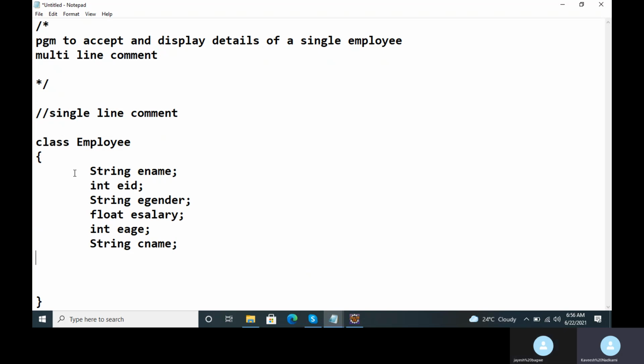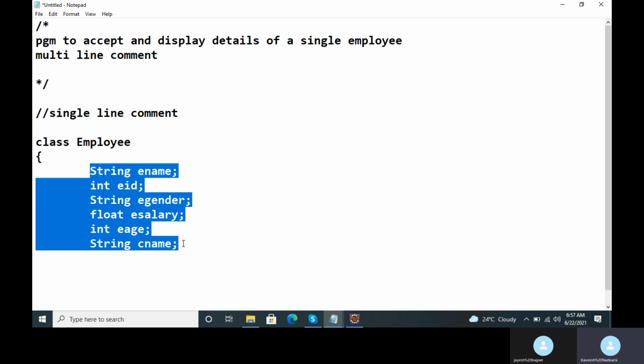I also told you what are the data members of the class, and what are the member functions or the member methods of the class. So whatever variables I have declared here, Jayesh, which I have highlighted here, these are the data members of class employee.